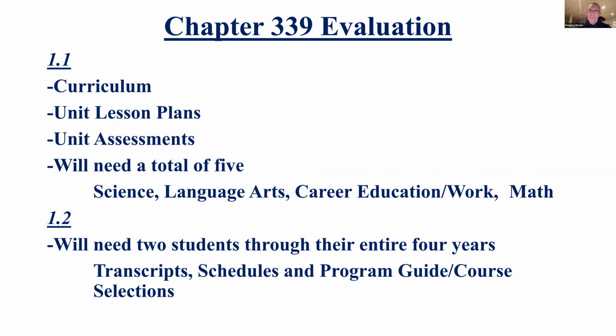Jared's on here, but he wasn't in Mifflinburg at the time when this whole evaluation process came out. Mifflinburg, in our region, was the very first school that said, nope, we're not doing it. We're opting out. We're not going to support this from the taxpayer dollar. And Jared wasn't there at the time. I believe he was at Huntington at the time, but